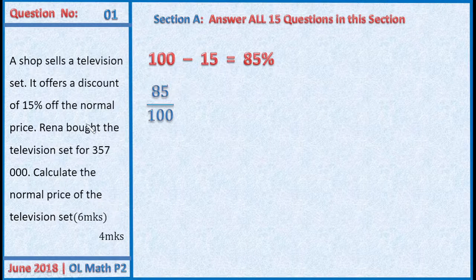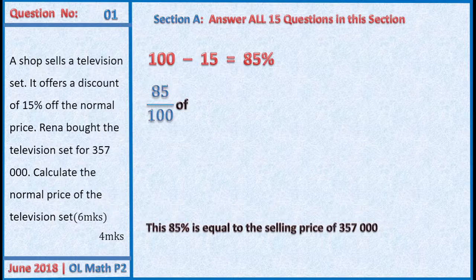And since Reina bought the television set for 357,000, it means this 357,000 is proportional to the percentage discount. So this 85% is equal to the 357,000. Or we can say let that amount be x, and 85% of x will give us